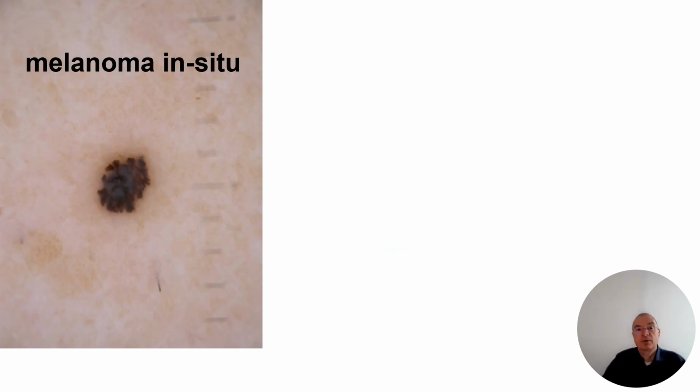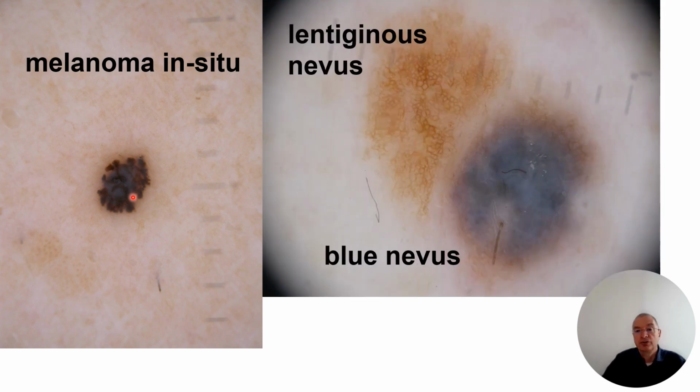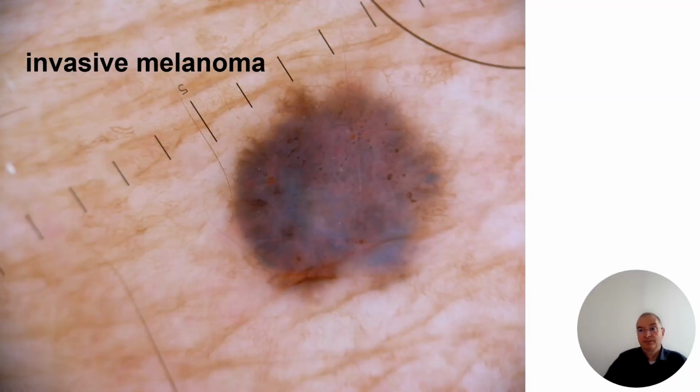With examples we can learn very well. Different colors, with more black and a little bit bluish. Not clear, blurry bluish. And also here, blurry bluish of a blue nevus. So the melanin is located in the deeper part of the dermis, so we cannot see it clearly. And here the lentiginous nevus, in which we see the melanin in the epidermis at the basal membrane.